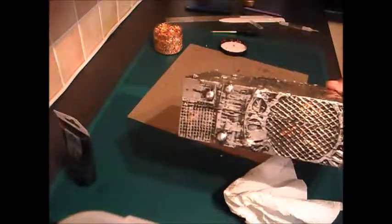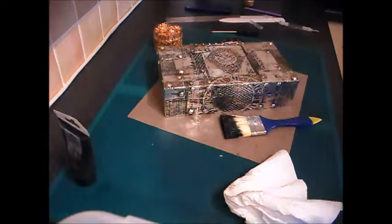So what I'll do is take some pictures with the front hinge back on and with better lighting, and I'll add them to the end of the video. So thank you for